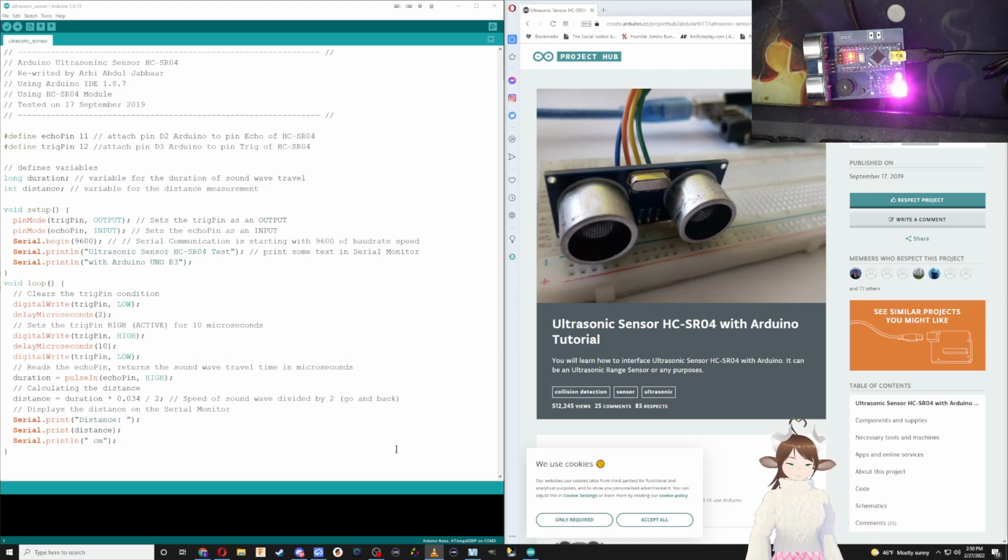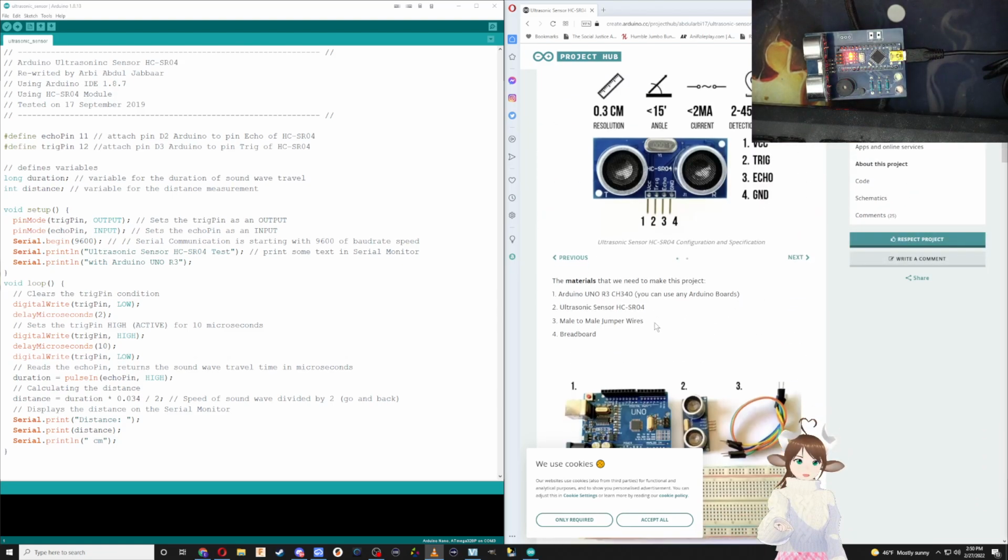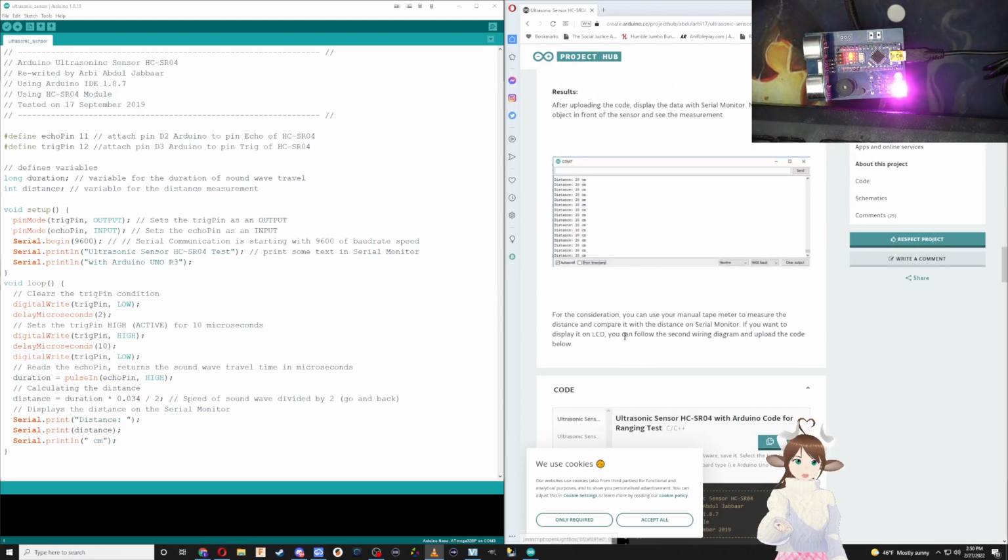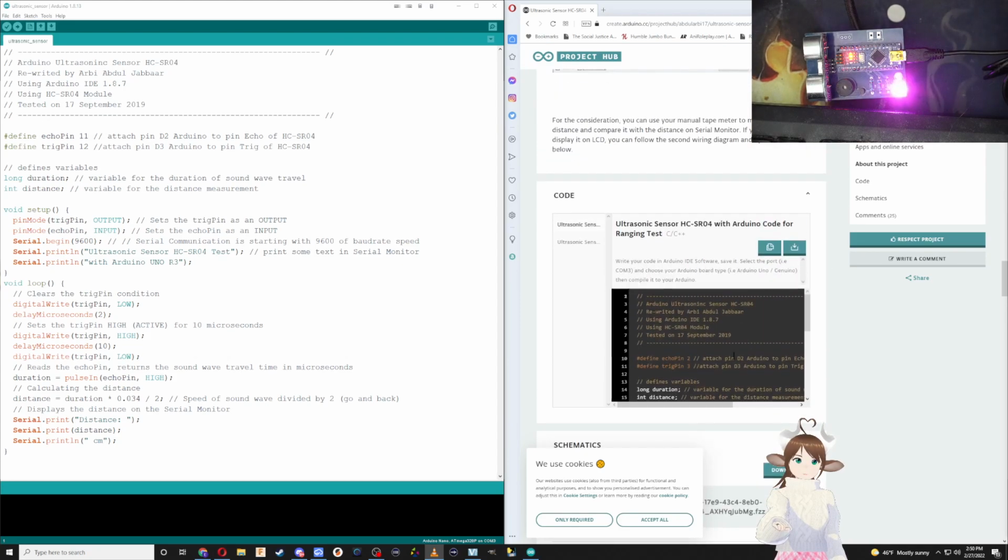So the first thing we have to do is get the code for the sonic sensor. Now I'm just borrowing this from this page right here. All I did was copy this code right here